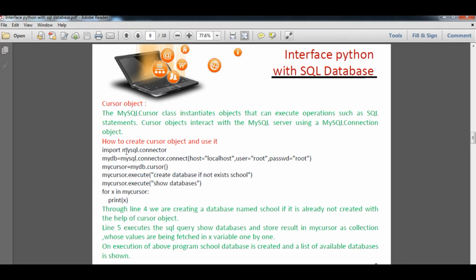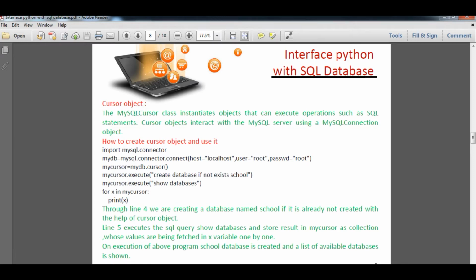As you type this, the cursor will be initiated to your object myCursor, and after that the cursor will allow you to execute MySQL statements like cursor dot execute within round brackets, and under double quotes you type the commands that you typed in MySQL, such as create database if not exists school.